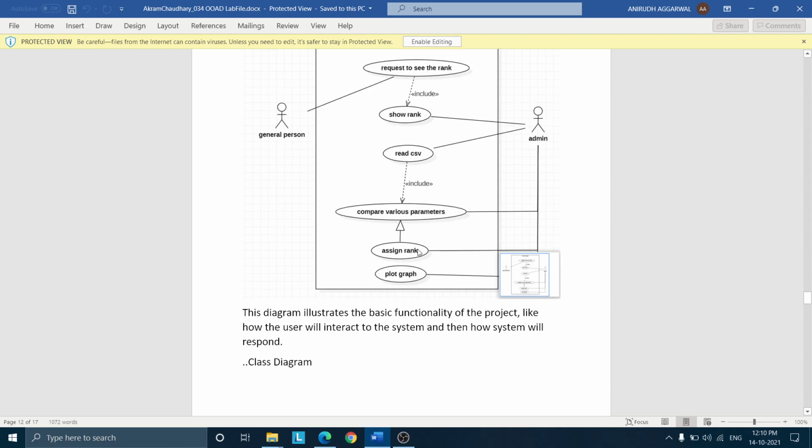Then this assign use case will be initiated, and then finally the plot graph will plot the rank of the states versus the development index which the secondary actor calculated on the basis of these distinct categories. And finally it will show this graph to the general person as the response to his request.